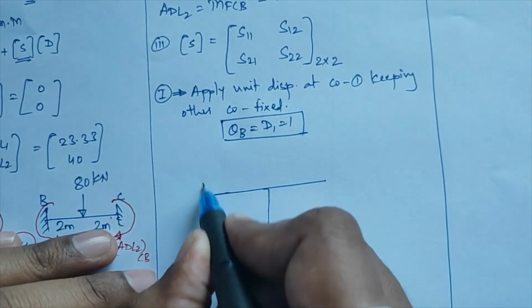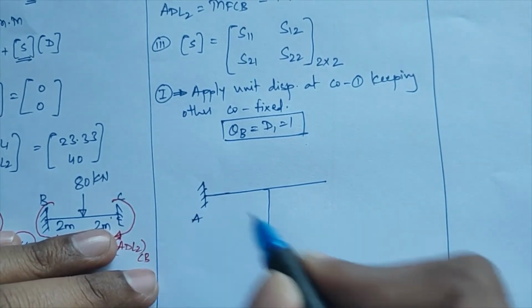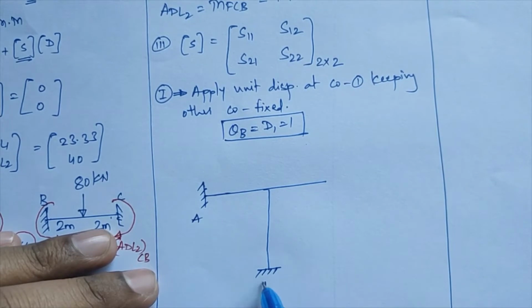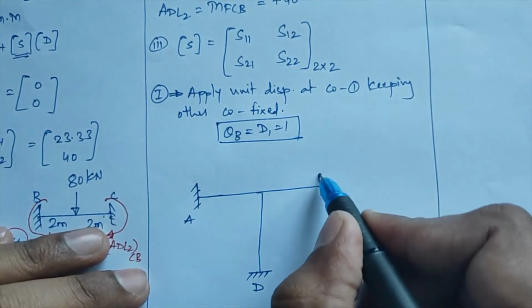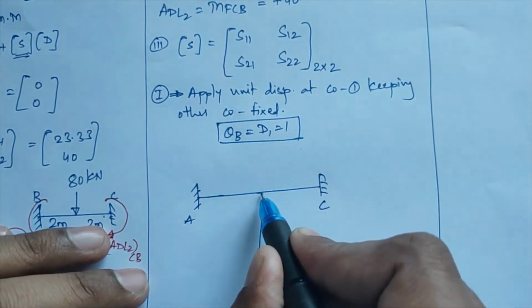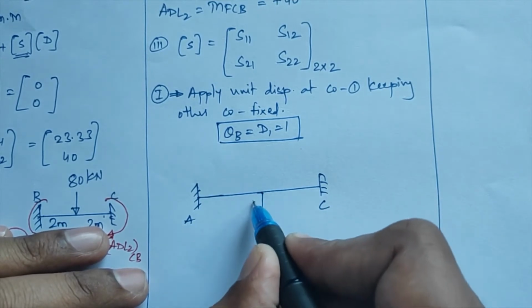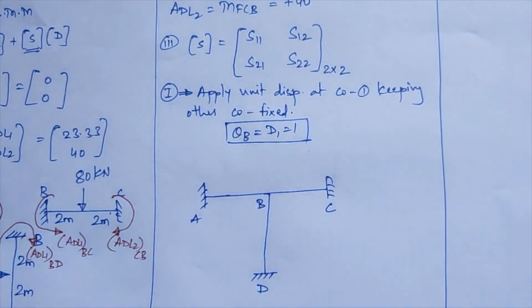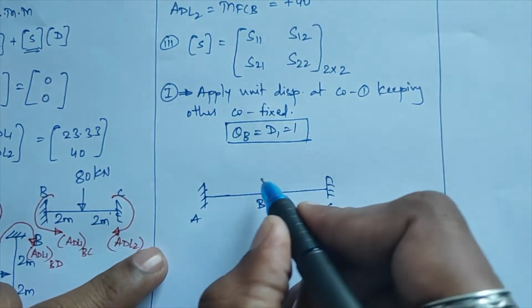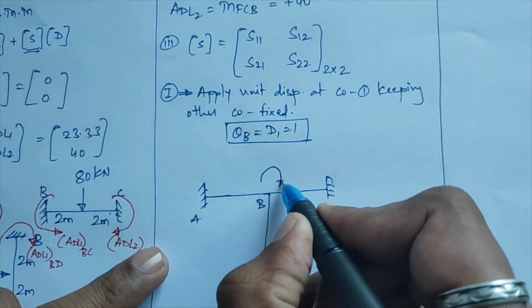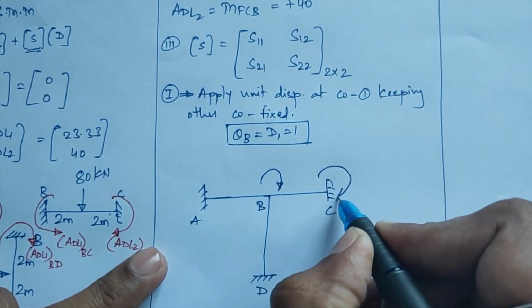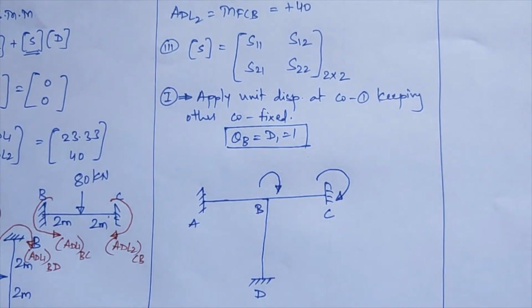Okay, so this is my joint A, which is already fixed, right? This is my joint D, which is also already fixed. C you have to fix over there. Why? Because you are applying unit displacement at joint B. Okay, so we'll mark your stiffness coefficients again. So the stiffness coefficient at your first coordinate and the stiffness coefficient at your second coordinate. This stiffness coefficient you have to assume initially always in a clockwise direction at only the selected coordinate points over there. Okay, so at first and second point I have marked this.